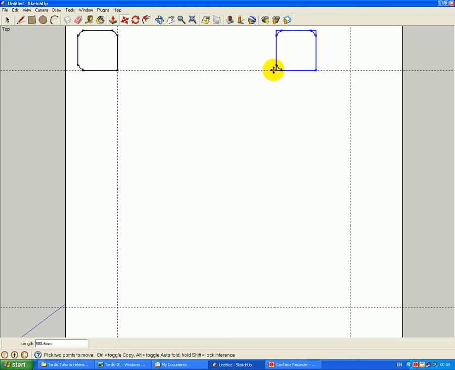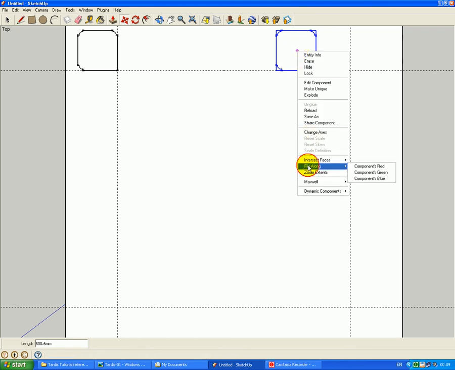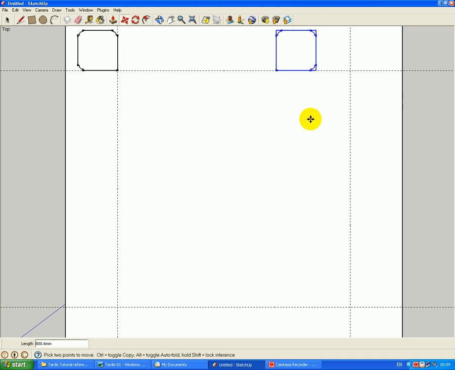We need to get this corner on the opposite corner here, and to do that we need to flip it along the red axis. Now if we reference this corner for moving it, continue to move it on the red axis until it snaps to the intersection. And now we need to create the other 2 pillars down here,